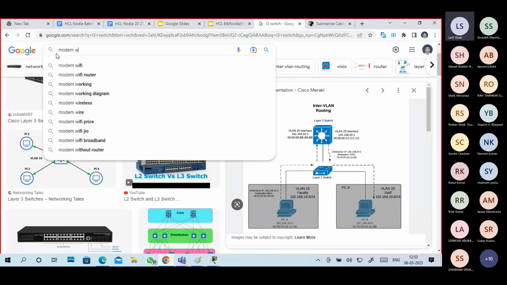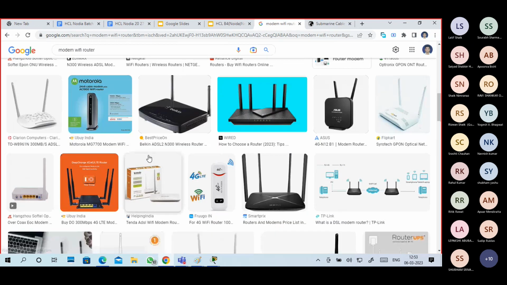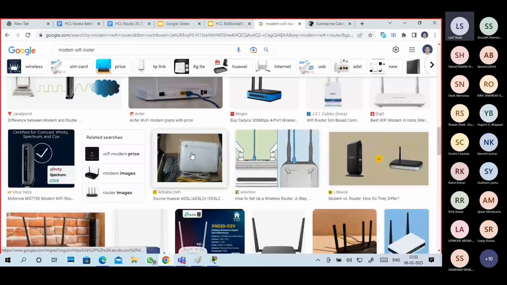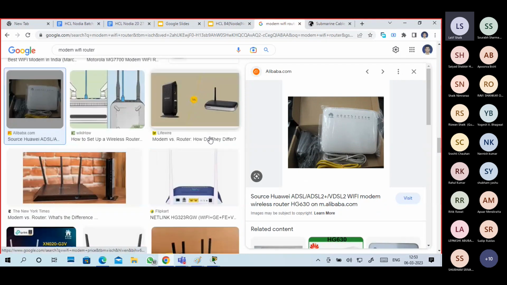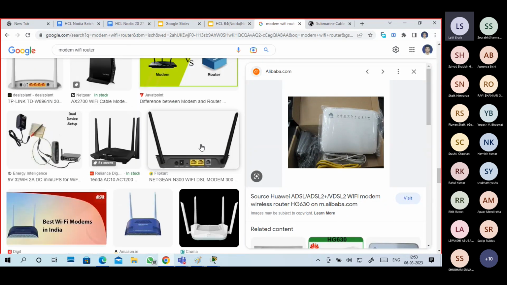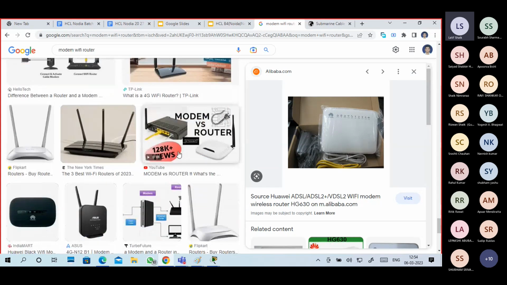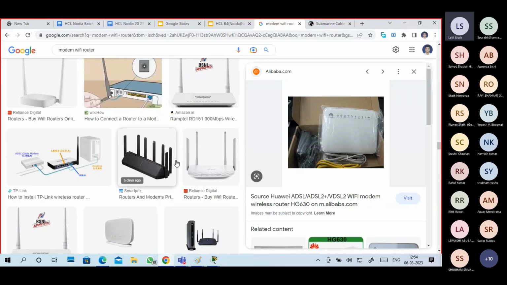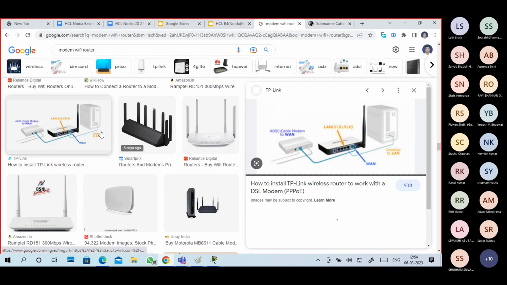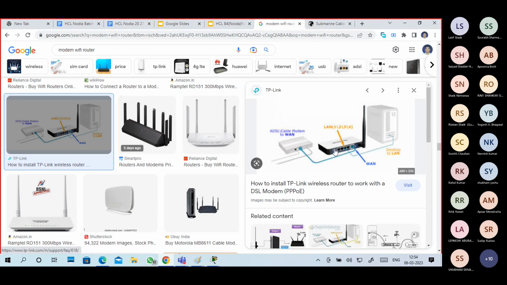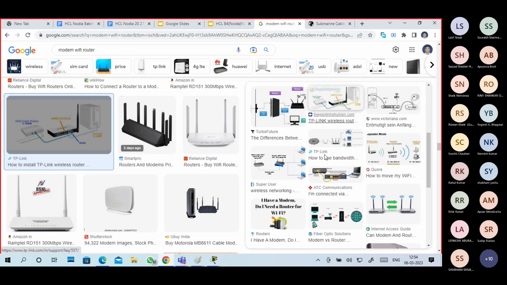In certain organizations, for certain types of connectivity, they will separate it. For fiber optical, they use a separate modem. From that, you can connect a Wi-Fi router and distribute the internet wirelessly.